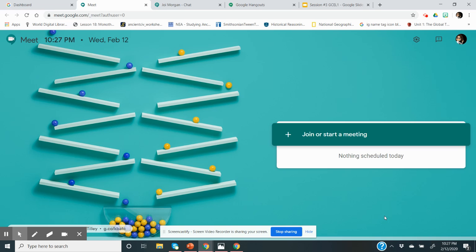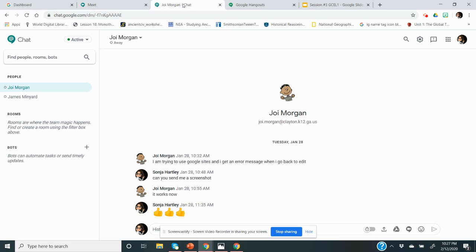And everything here is fairly self-explanatory. I would say most of the Google Meets that I've worked with were coming directly from Google Calendar.